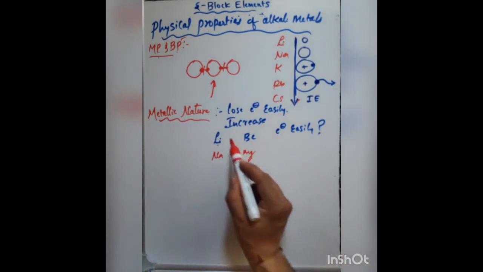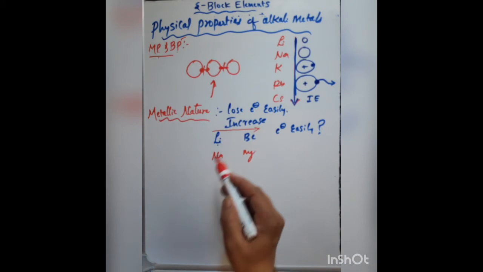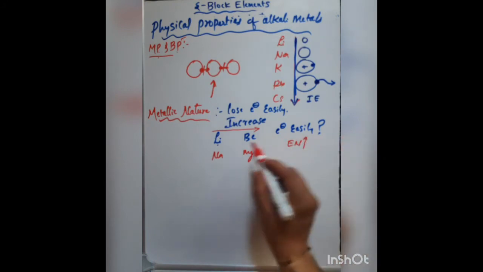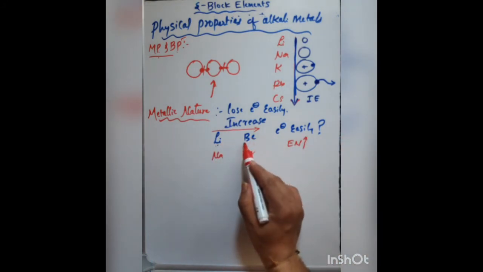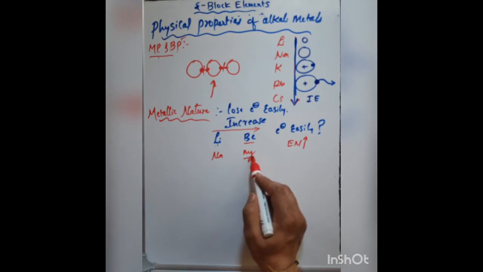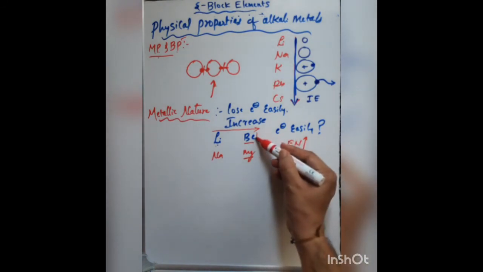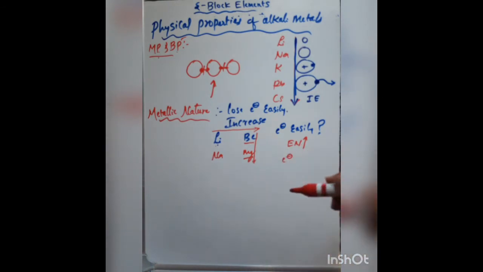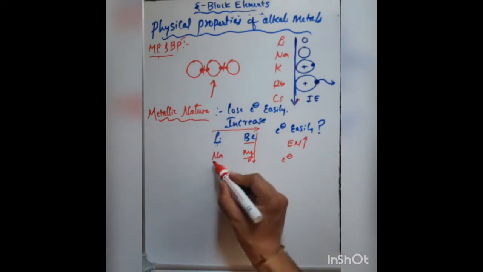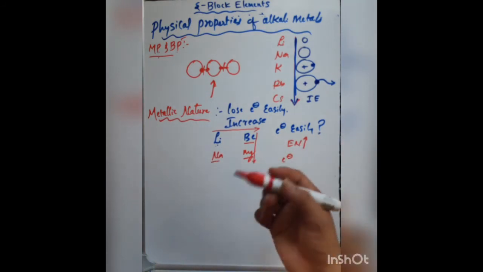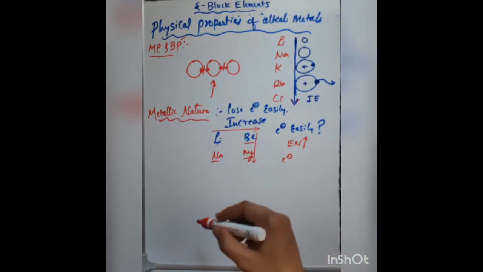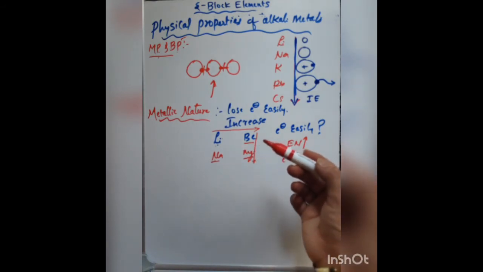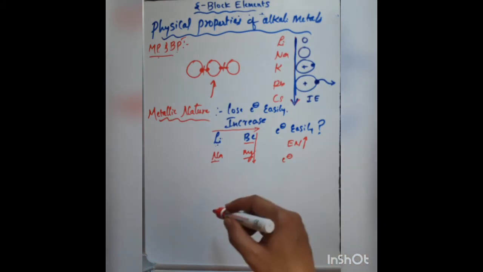Remember that as we go from left to right, electronegativity will increase. So if electronegativity increases from left to right, that means in the case of beryllium and magnesium, or generally in the case of alkaline earth metals, electrons are a little bit more tightly held compared to alkali metals. Because of this, lithium, sodium and other alkali metals will lose electrons more easily compared to alkaline earth metals.